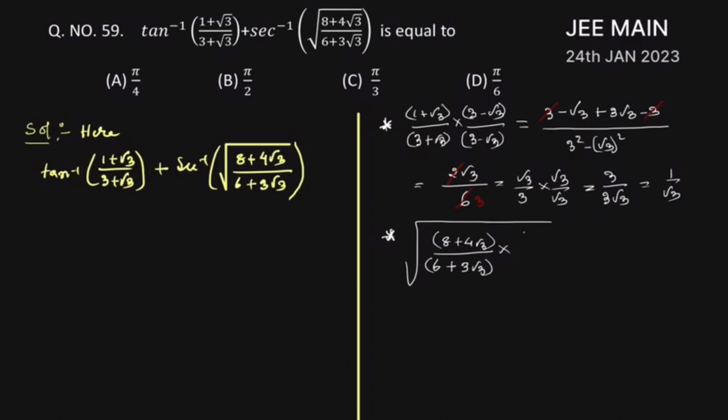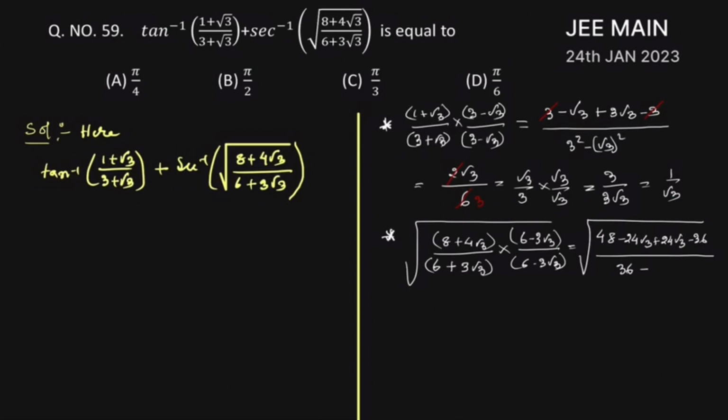Now rationalize, then we are able to write (6 minus 3 root 3) divided by (6 minus 3 root 3), which is equal to root over (48 minus 24 root 3 plus 24 root 3 minus 36) divided by